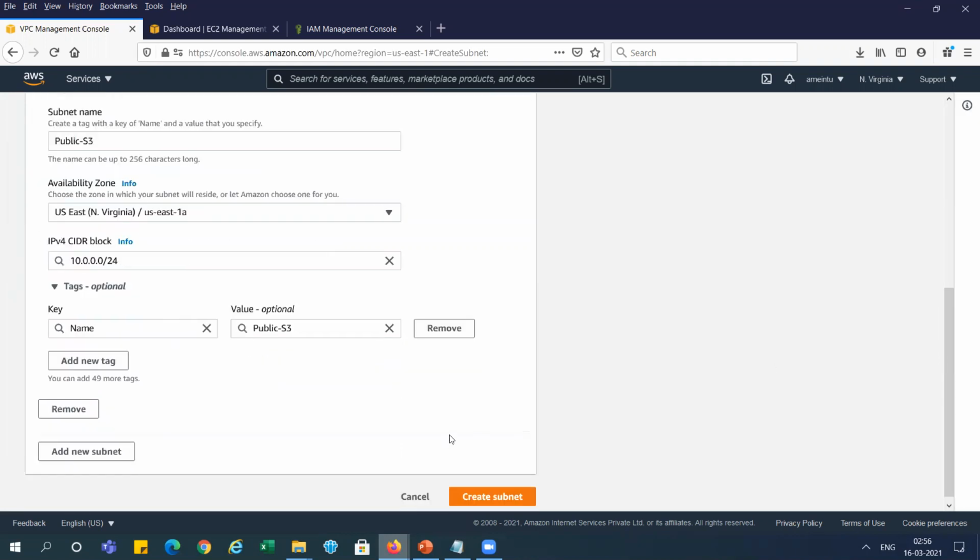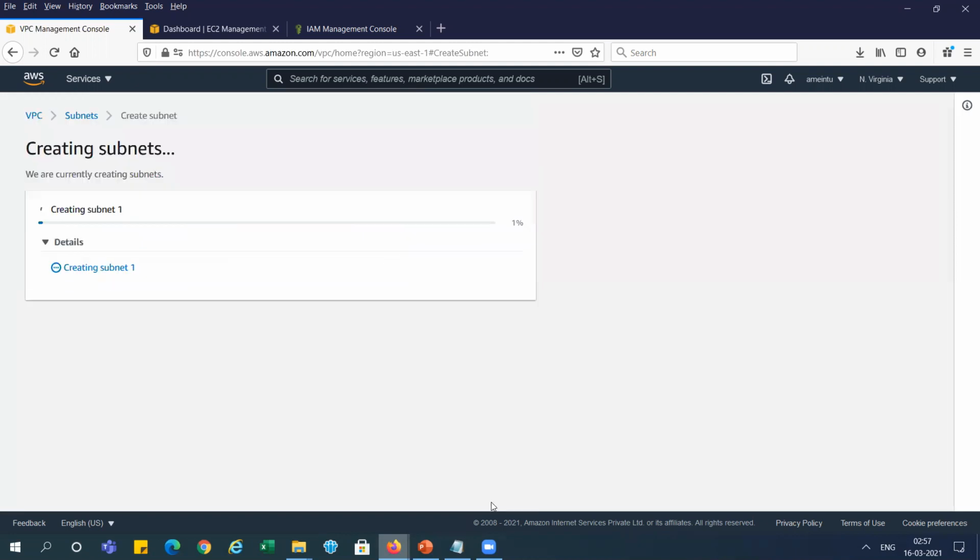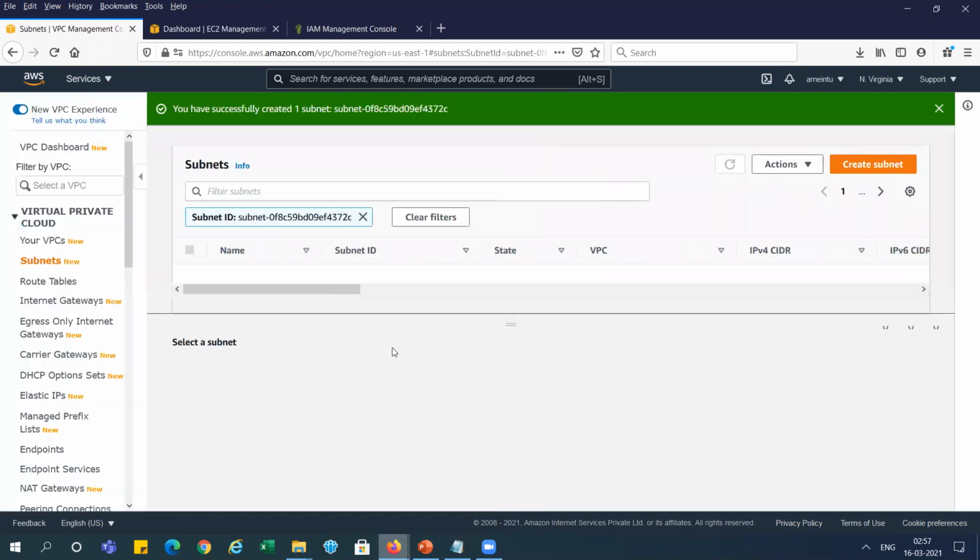And we will go and create this subnet. This public subnet is created. You can see it is creating the subnet. That is created.